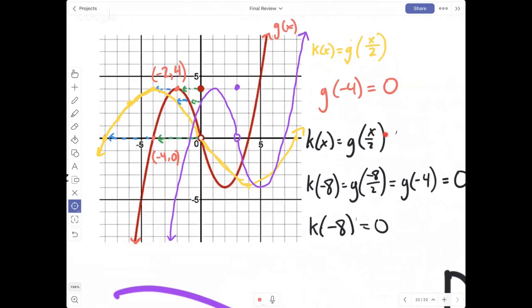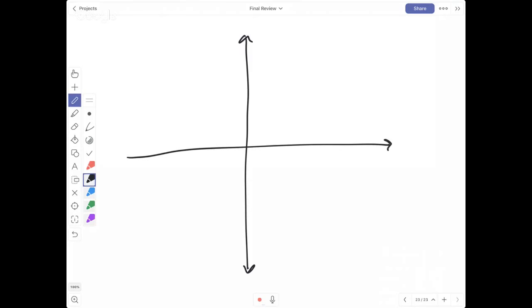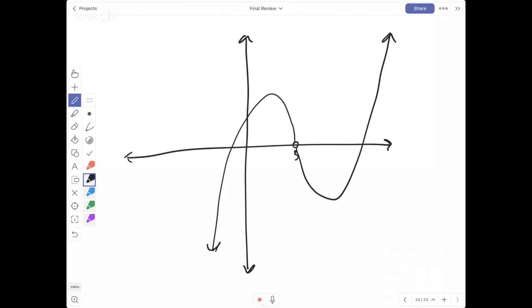It doesn't mean that timesing by 2 would never change domain restrictions, right? I could make a totally new graph. So Tomas prompted this. This is not even on the review sheet. I'm just making up extra math to illustrate a point. If I had a totally separate graph that arbitrarily looked like this, is at 3, and it goes up and down like that. Maybe this looks kind of familiar. And I said, this function is g of x.